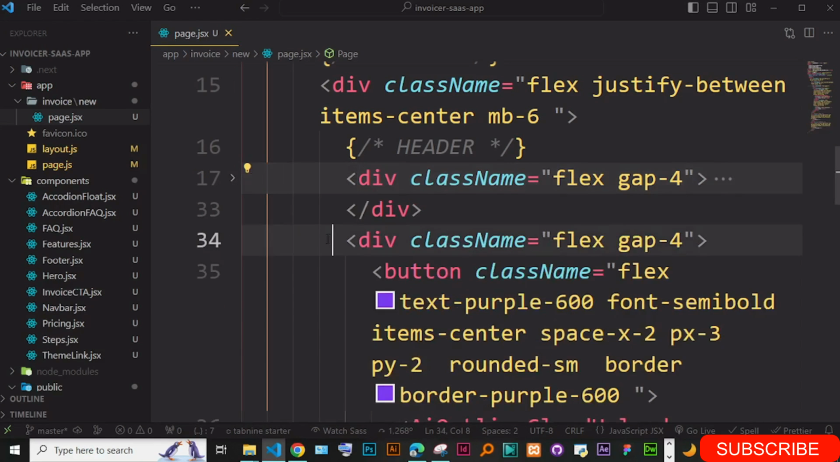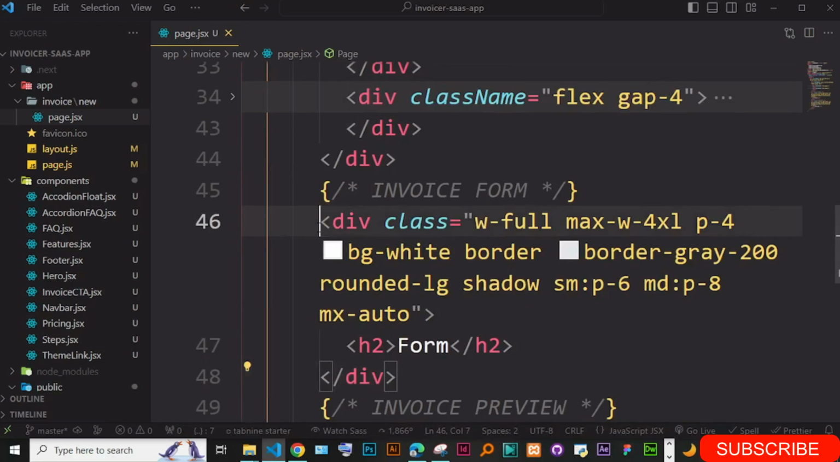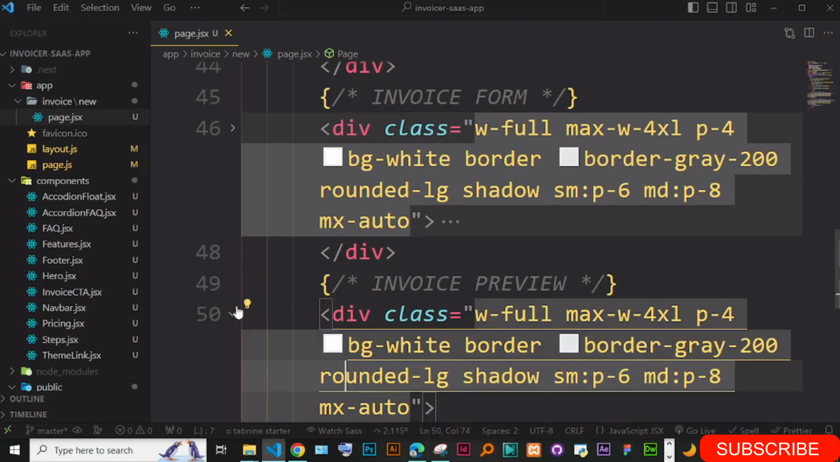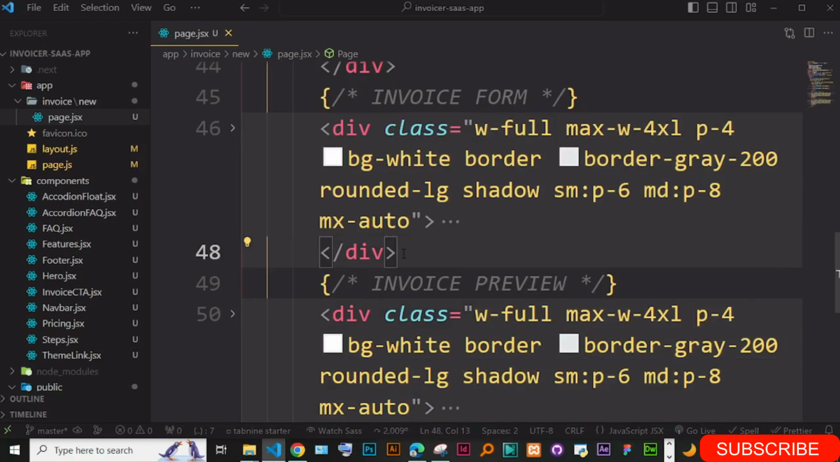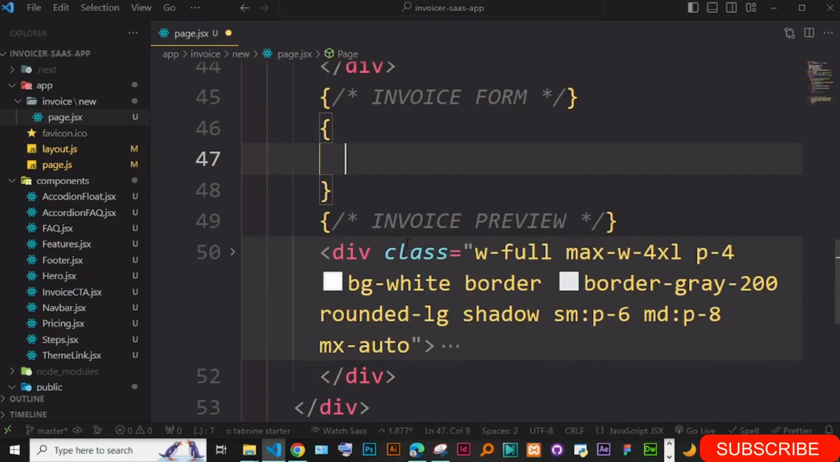Let me just go to this. So we want to hide these two, the invoice and then the invoice preview. So I'm just going to write a state. So just cut this and say if preview,